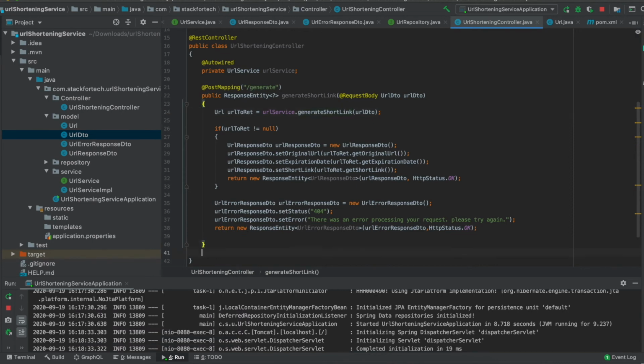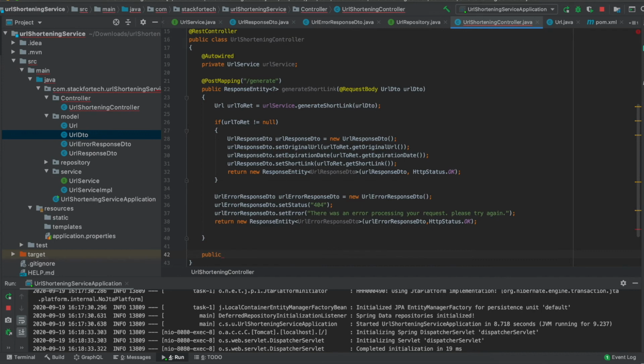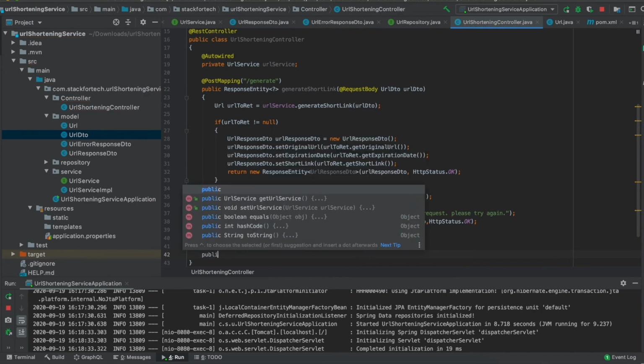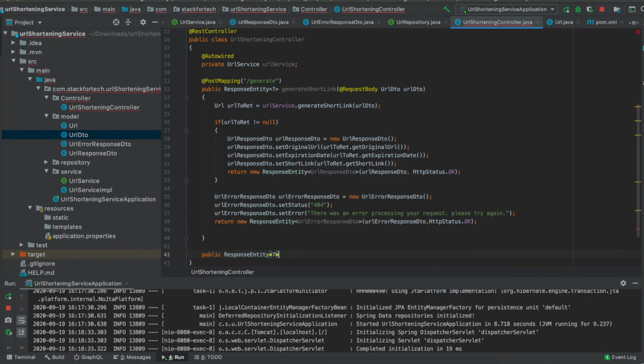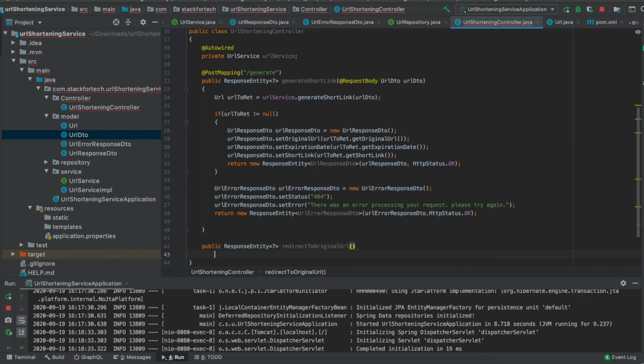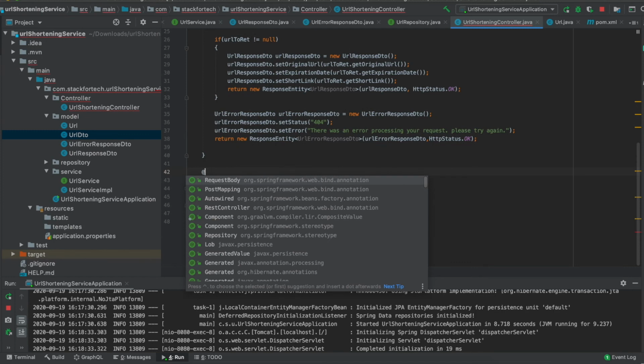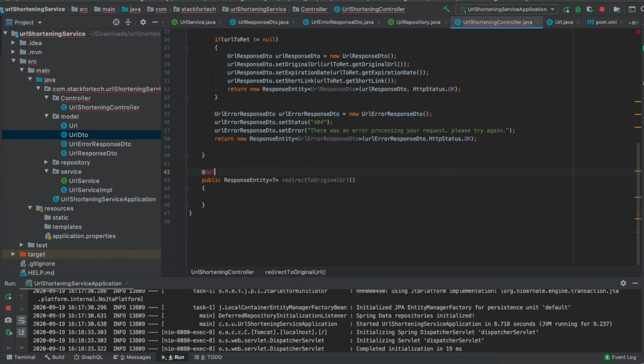In here I'll create another endpoint, public ResponseEntity, and this will be redirectToOriginalURL, right? This will basically be a GetMapping, and we'll ask for the encoded short link, as a PathVariable String shortLink.